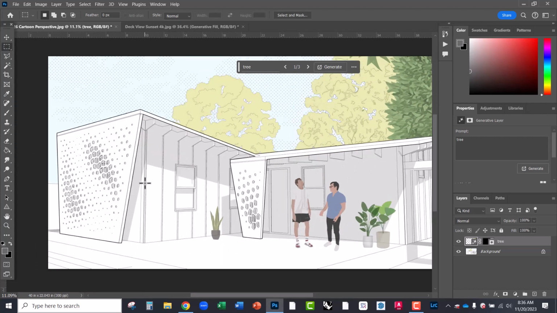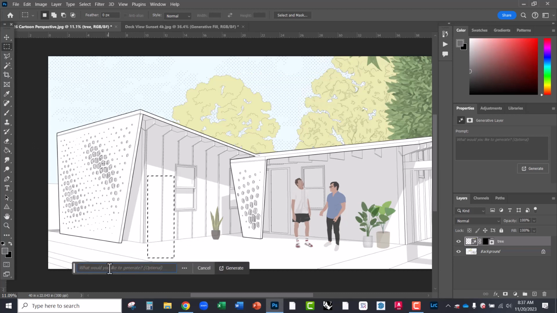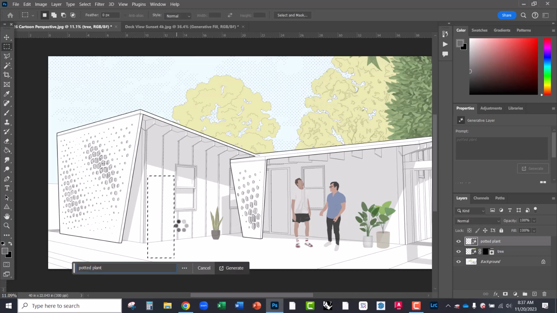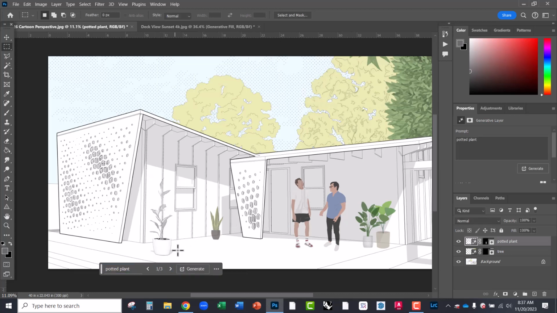So let's try selecting this. I'm going to say potted plants, enter. And testing this in the past has kind of yielded different results. Sometimes it's a more realistic plant. This one, okay, it's black and white, but still kind of cartoon-like, maybe matching some of the other ones that I had. Yeah, so I'm okay with that. I'm just going to turn down the opacity a little bit,